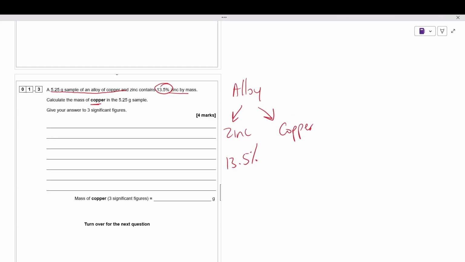So to find that for copper, it is going to be 100 minus that 13.5, and that's going to give us a percentage of 86.5. So that's the percentage of our copper. So all we need to do now is find 86.5% of that total sample mass. So that's 86.5 divided by 100, because our percentage is out of 100. And then we're going to multiply by that 5.25 grams. And that should give you an answer of